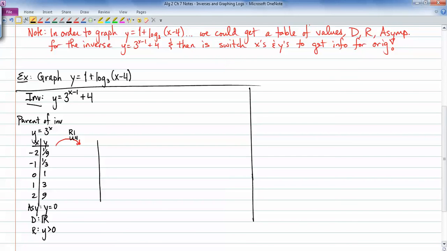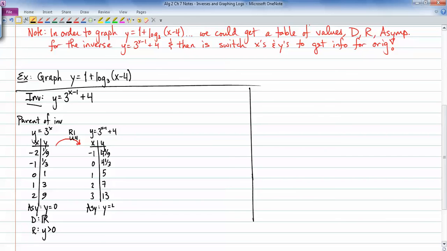So now our new chart is going to be for the full inverse, which is y equals 3 to the x minus 1 plus 4. And if I go right 1, then I add 1 to all my x's, so -1, 0, 1, 2, 3. And then if I add 4 to all my y's, I get 4 and 1/9, 4 and 1/3, 5, 7, and 13. And then since I had to add 4 to my y's, my new asymptote is really